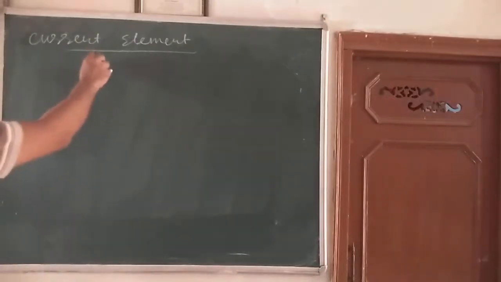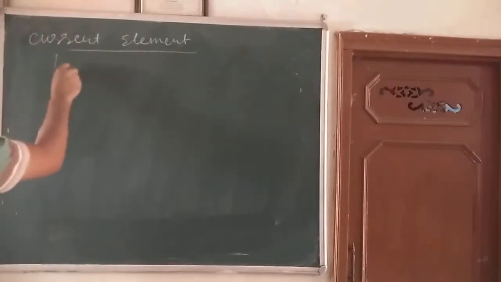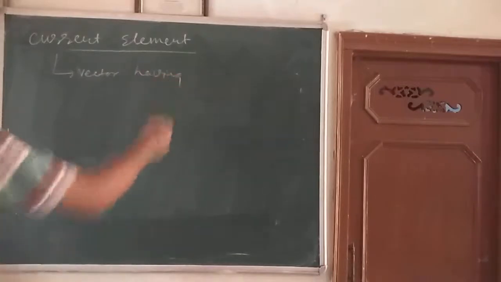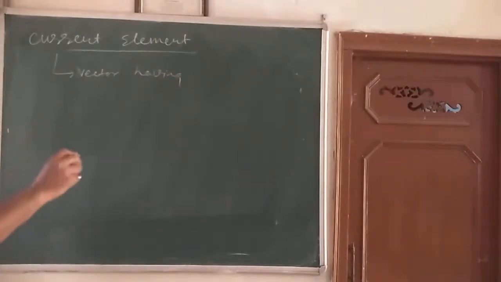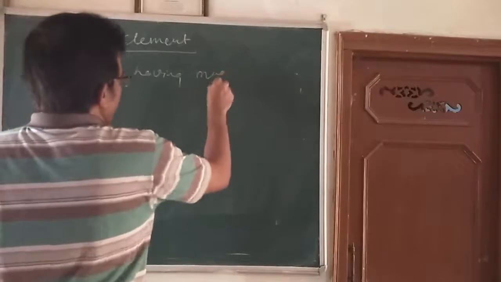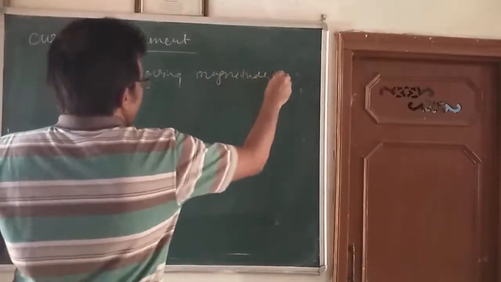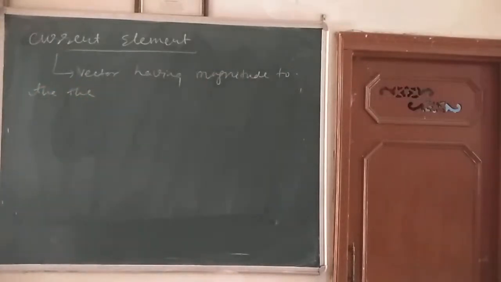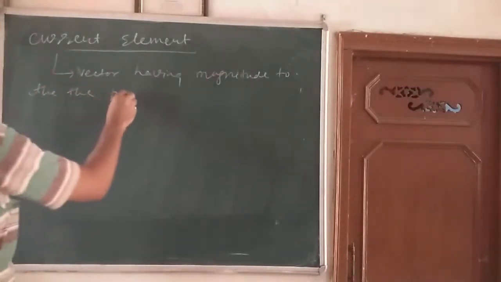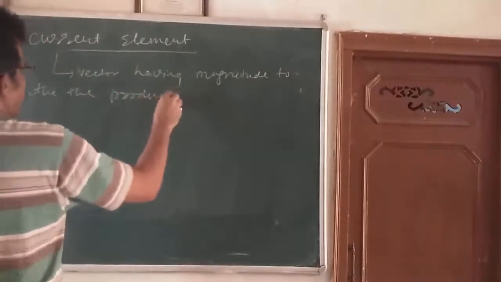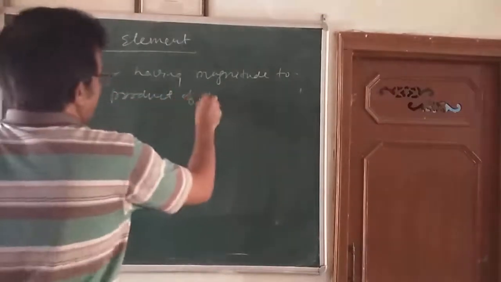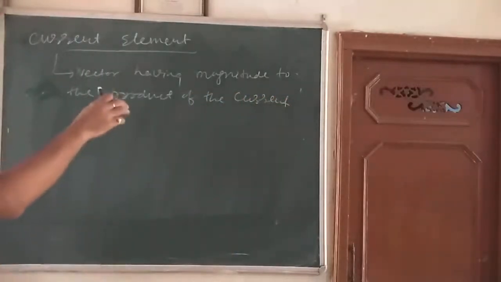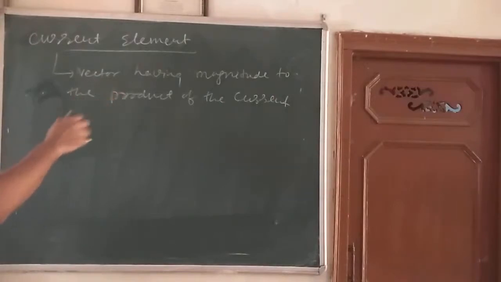So current element is defined as a vector having a magnitude equal to the product of the current with a small part of length